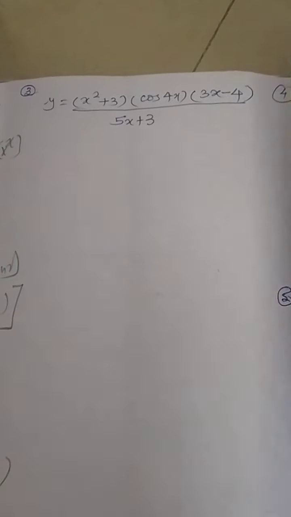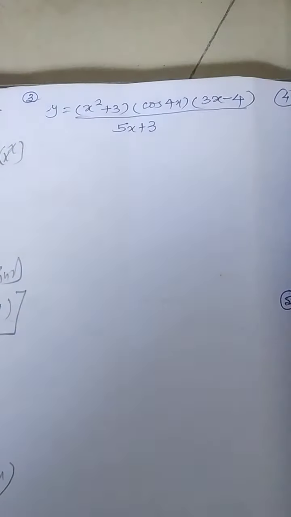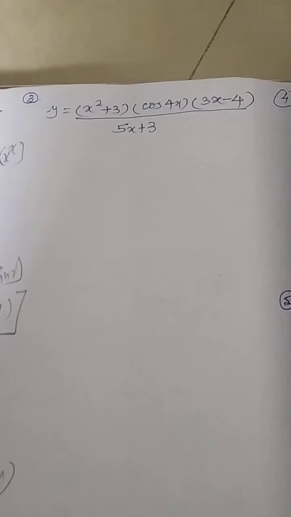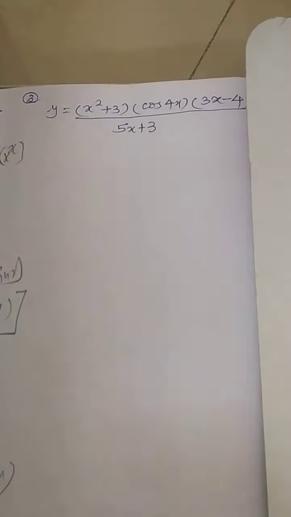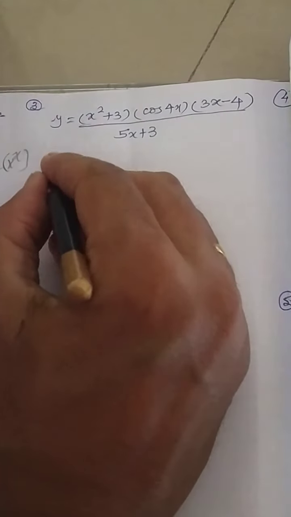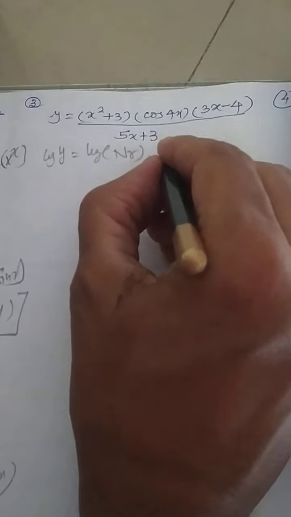See the next question. The first method what we have learned, variable raised to power variable. Now this particular question you can do by this method also. You can apply first u by v rule, then u into v rule, but there are three terms, then the process will keep on increasing. So whenever any expression will be of this form, then better way you can apply logarithmic derivative. The first formula which I have shown you, it is log of y will be nothing but log of numerator minus log of denominator.